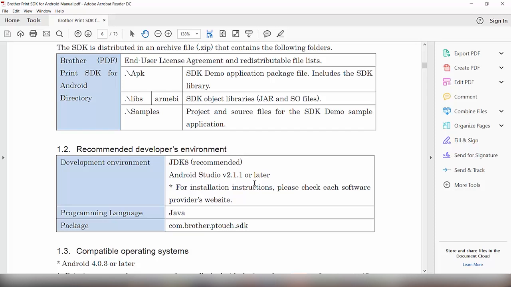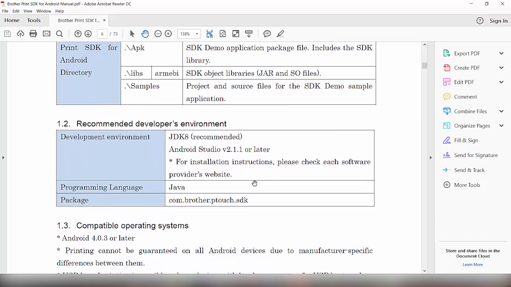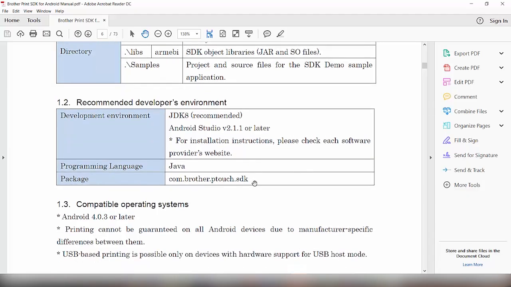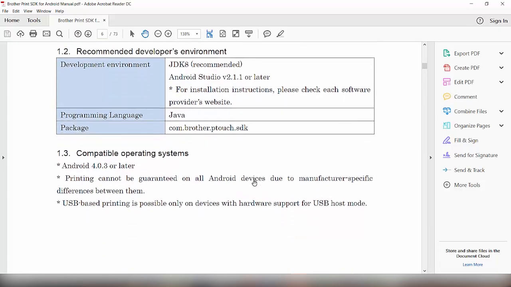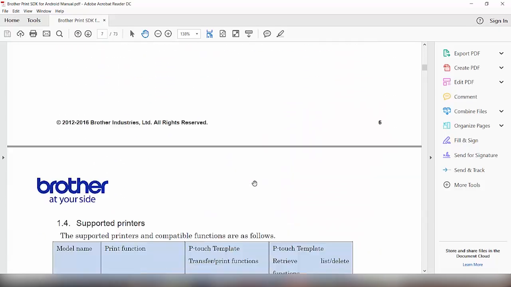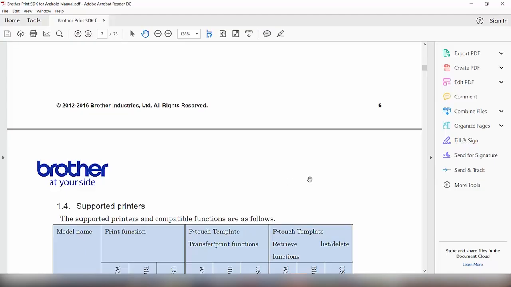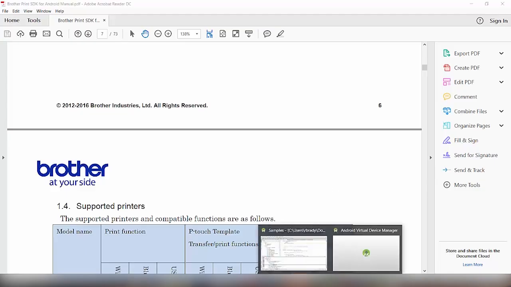Our sample application development environment is using Android Studio version 2.1.1 or later. The programming language is Java. And then I'm going to take you through some of the sample application, and go through some of the pieces of it and how we can modify some of it to do some of the extra functionality that the SDK provides. So now we'll open up Android Studio here,